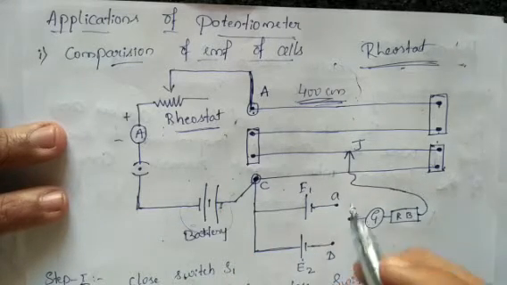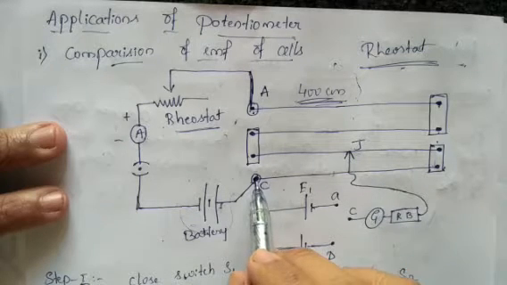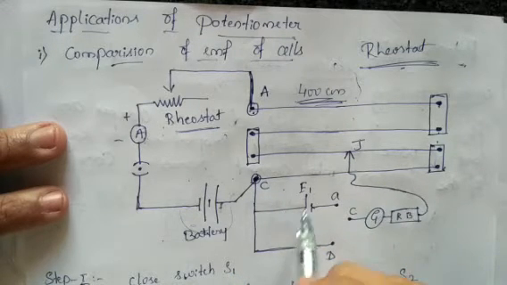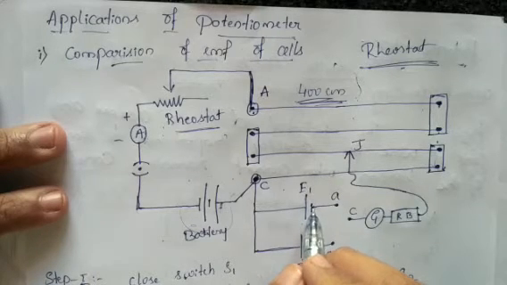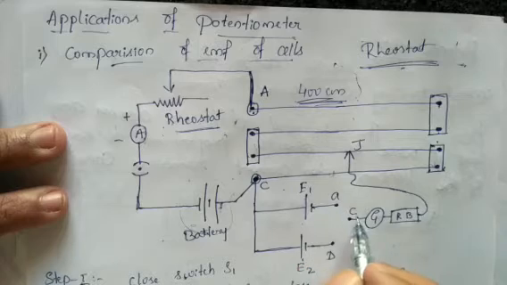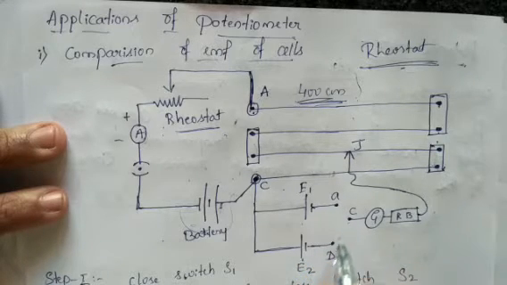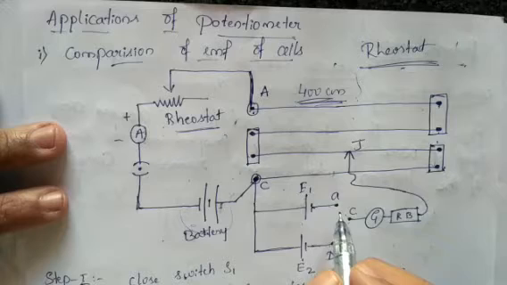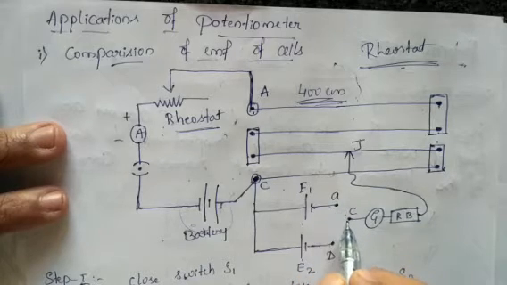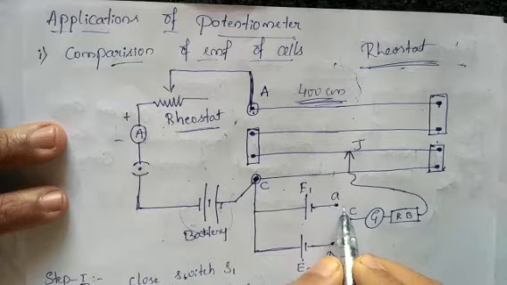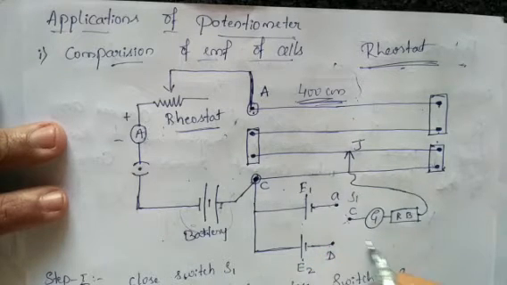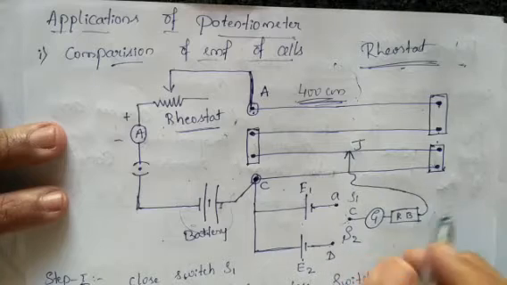two cells. The first cell is connected at point C to the positive terminal of this first cell, and the negative terminal of the first cell is connected to the two-way key. This is called a two-way key, in the sense it has two ways, so you can bifurcate the electric current. That is the reason we call this a two-way key. In the two-way key, this is the first switch S1, and this is the second switch S2.